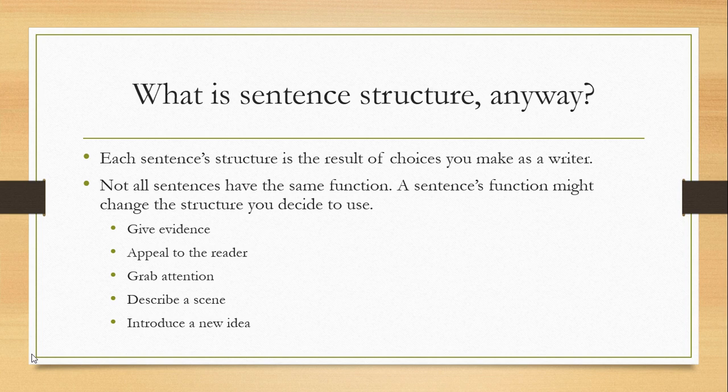For example, if I'm going to give information about a vacation I took, and I'm describing how we got there, I may use certain types of structure to my sentences. They may be long and detailed, with a lot of parts that all need to work together in order to communicate how we organized, planned for, and completed this trip. But if I am trying to grab the reader's attention, I might use much shorter sentences.